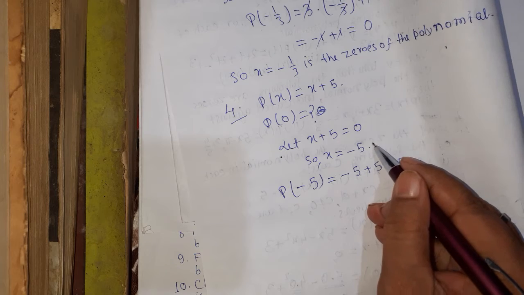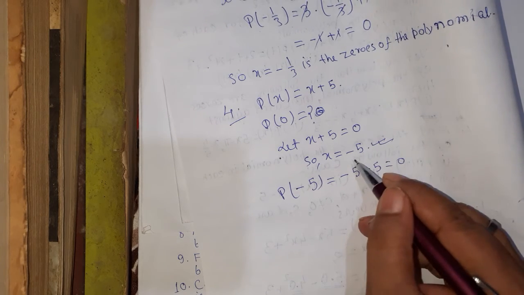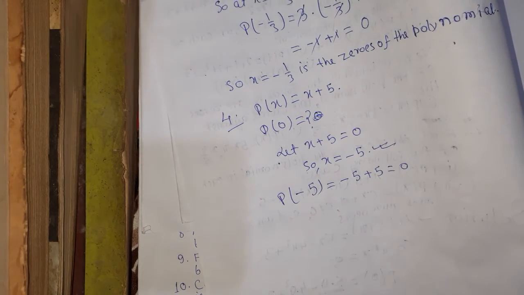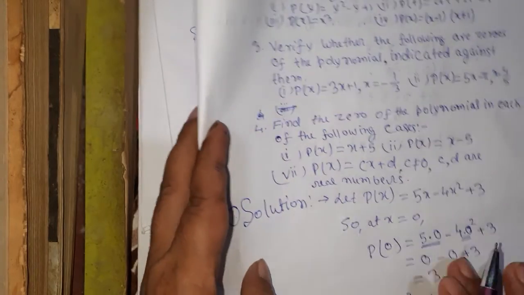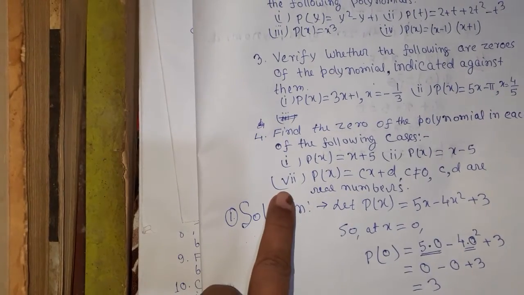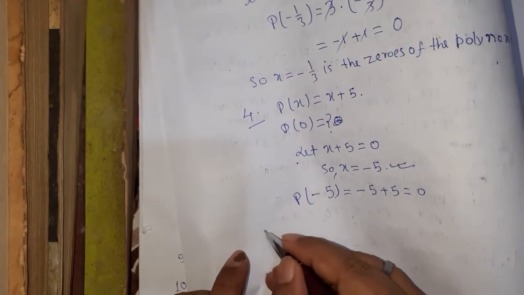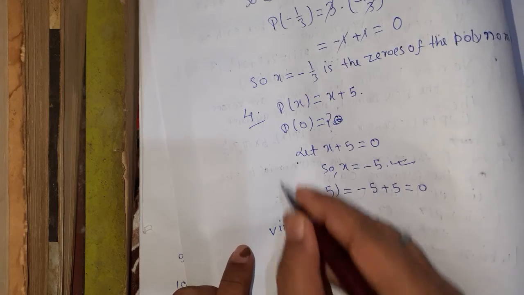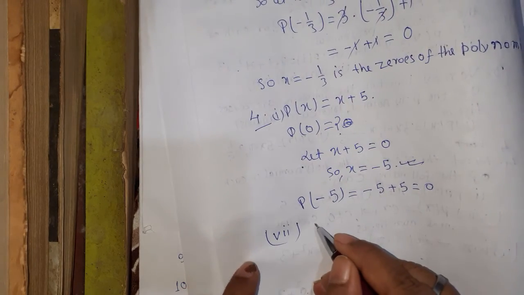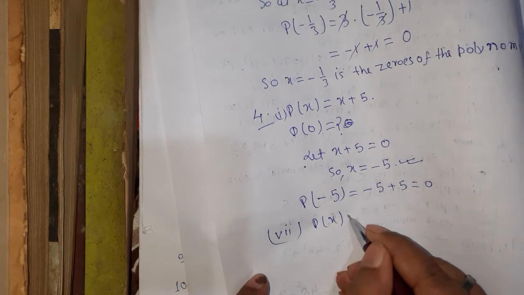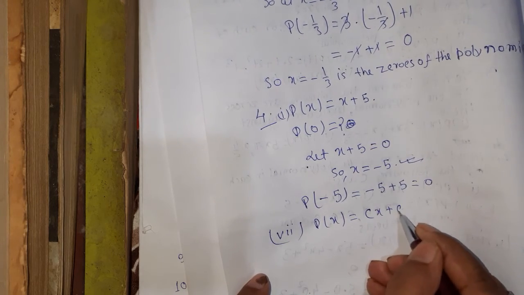So zero of the polynomial is -5. In the same way, you can evaluate all the problems. Now let us see question number 7 of 4. Question number 7. P(x) is equal to Cx plus D,